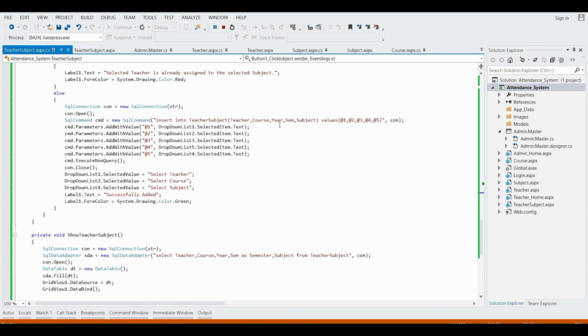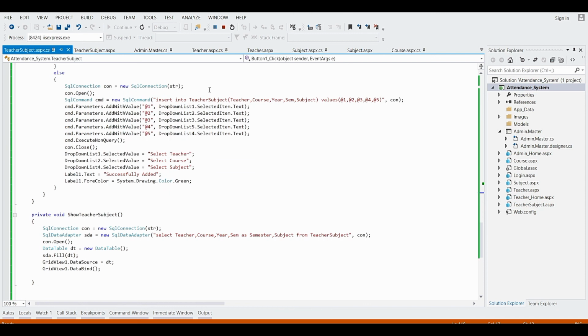Based on the columns, I have provided the values coming from the parameters: at 0, the value coming from drop down list 1; at 2, from drop down list 2; at 3, from drop down list 3; at 4, from drop down list 5; at 5, from drop down list 4. All these values will be stored in table teacher subject.